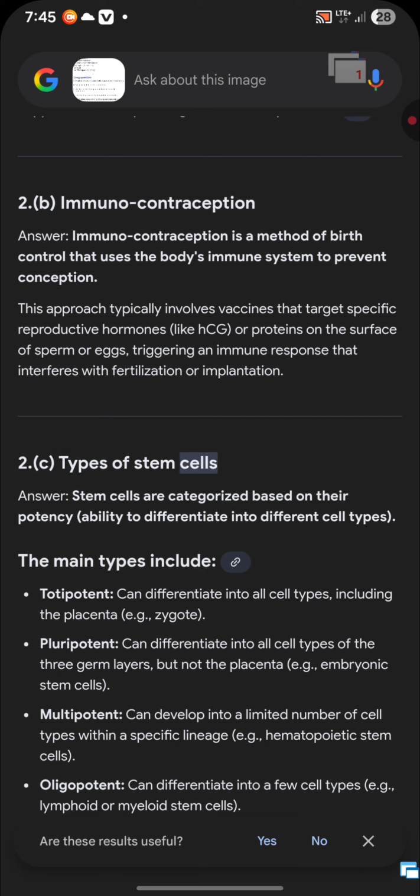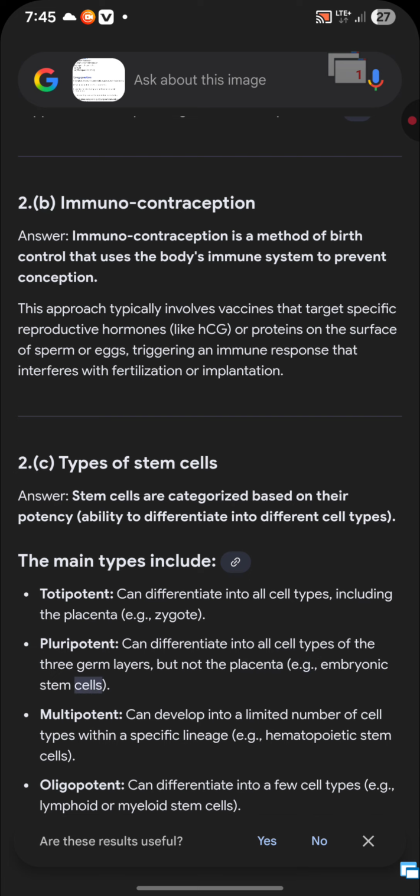2c. Types of stem cells. Answer. Stem cells are categorized based on their potency, the ability to differentiate into different cell types. The main types include: 1. Totipotent, can differentiate into all cell types, including the placenta, e.g., zygote. 2. Pluripotent, can differentiate into all cell types of the 3 germ layers, but not the placenta, e.g., embryonic stem